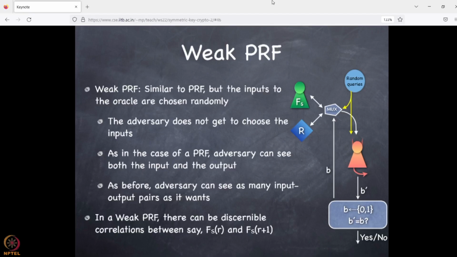So the adversary gets to see the query and the challenge and the answer as before. And sorry, I'm not sure. Oops, sorry, I killed the whole thing. I just wanted to